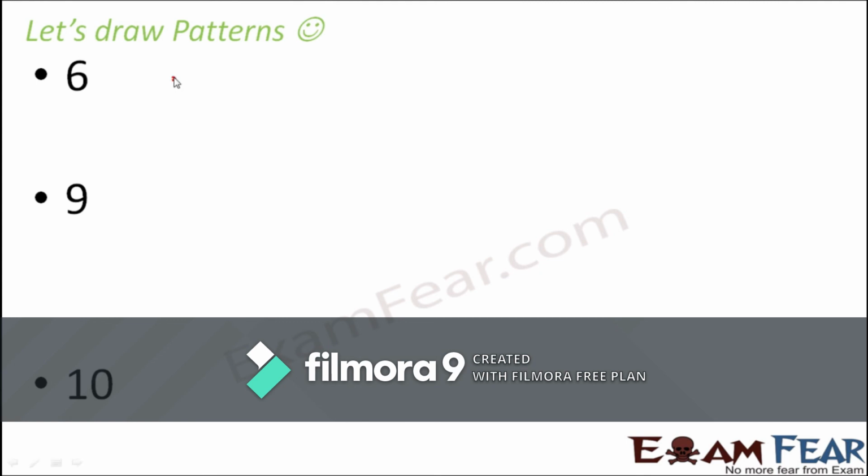Let's see what all we can make with 6. Now 6, we can do a lot of things. The first thing that we can do as usual is a line. Second thing that we can do is a rectangle as well. If you arrange 3 dots in a row, you get 2 rows. So this forms a rectangle. If you arrange 2 dots in a row, in that case also you get a rectangle. So rectangle is another option for 6.